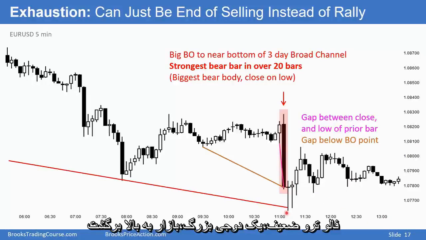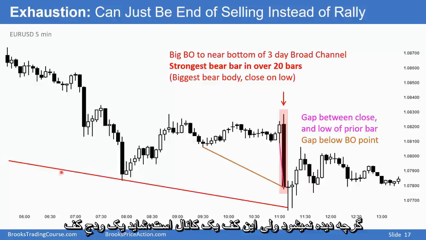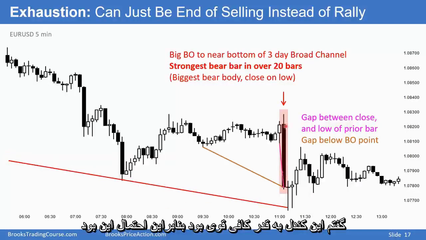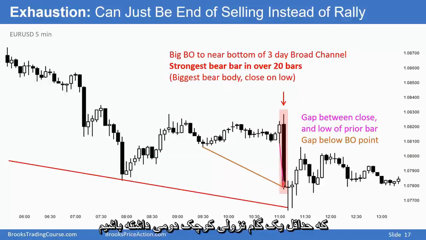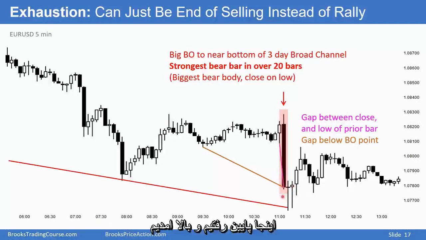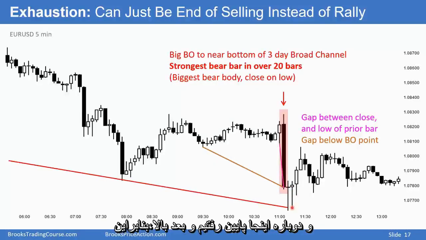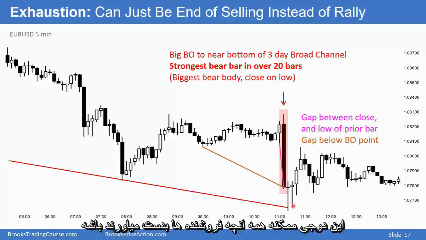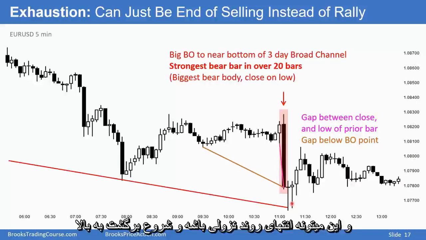Weak follow through, a big doji, the market reversed up. Although you cannot see it, this is the bottom of a channel, maybe a wedge bottom. And I said this bar was strong enough so that the odds were we would get at least a small second leg down. Well, the small second leg down might be this doji. We went down here, we went up, we went down here, and then up. So this doji might be all that the bears get,